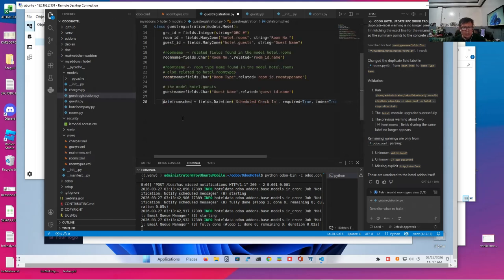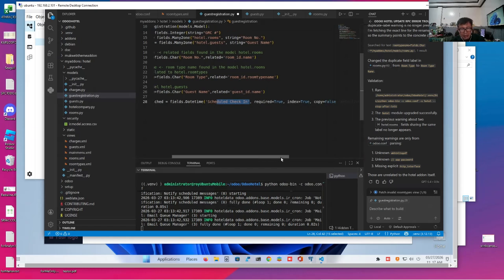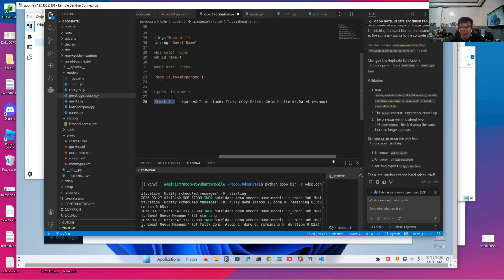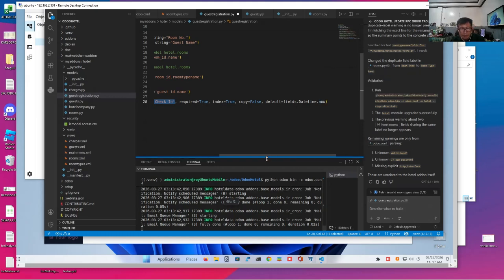This is a datetime field, so we assign it a scheduled time in, and we say it's required because we cannot make a room reservation without a required field. It should be indexed, and the default value is the current date and time in our server.